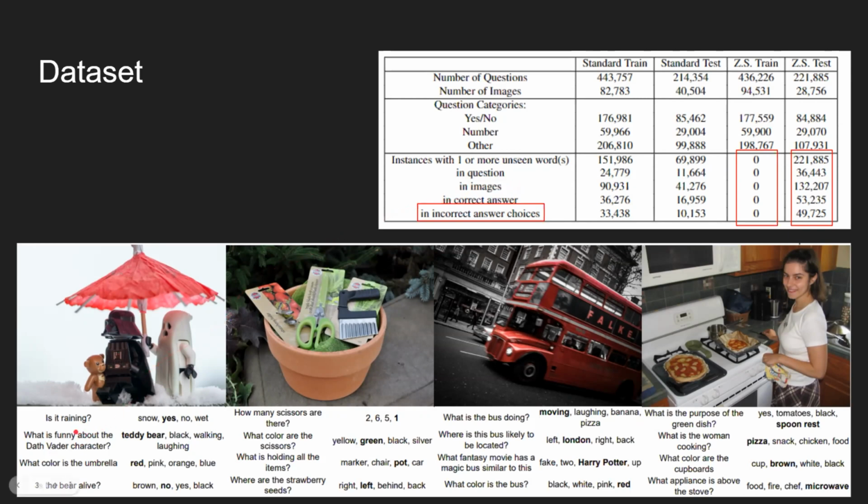One quick thing to note is that in images, an unseen word in an image means that we're essentially removing instances of questions that share an image ID. So for example, if we chose the word rain or raining to remove, this image ID is going to be associated with these instances of these questions, and they're also going to be removed from training and sent to the validation set. So I know that unseen words in images can be a little confusing, so I thought it was important to clarify that.